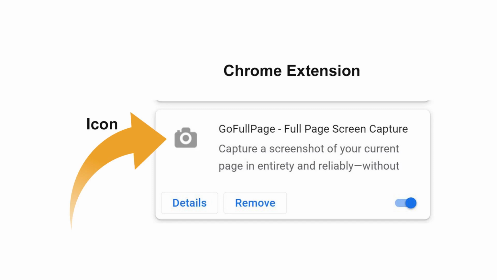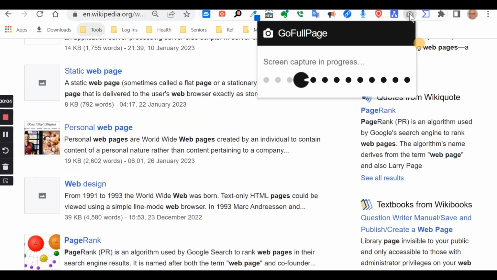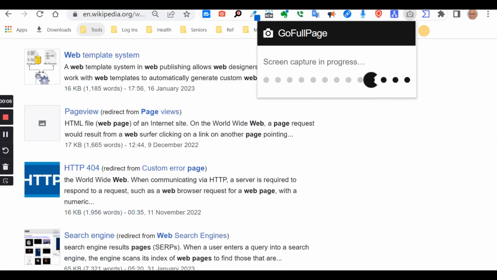The icon simply looks like a camera. Here I have opened a page on Wikipedia that I want to capture in its entirety. My GoFullPage extension is sitting right on my address bar along with the other extensions I frequently use. All I have to do to start the process is to click on the GoFullPage icon, watch GoFullPage gobble up